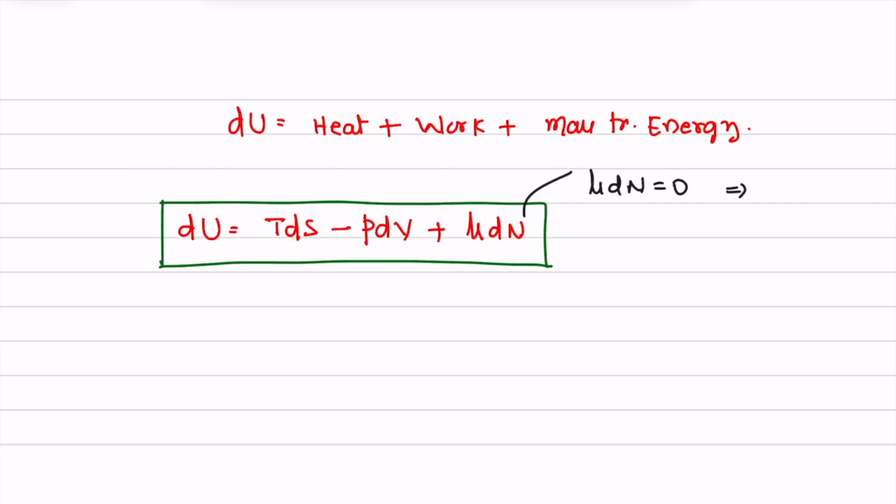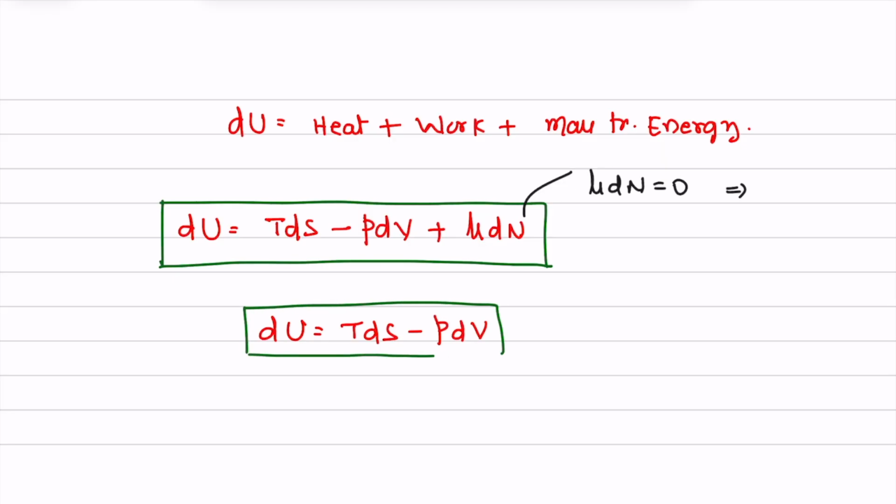For simplification purpose, du is equal to TdS minus PdV. Are you able to follow? Which is nothing but